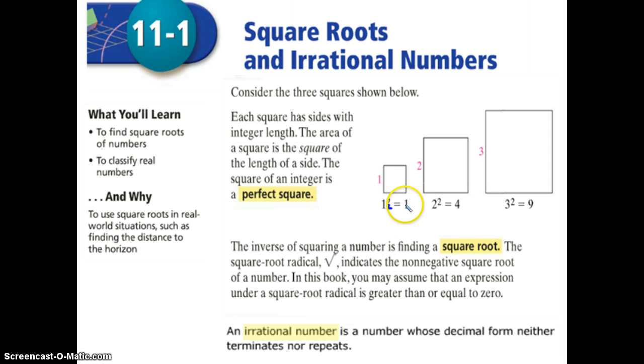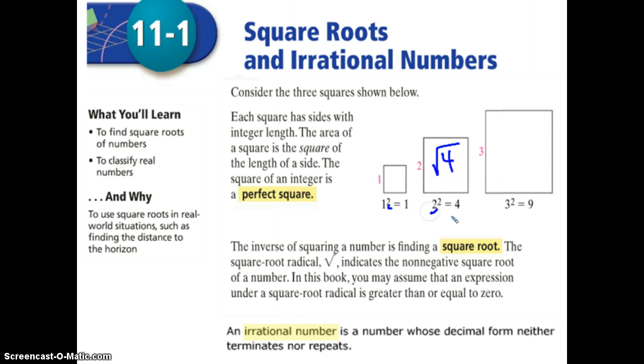1 squared equals 1. 2 squared equals 4. 3 squared equals 9. The square of an integer, which is a whole number that is positive or negative, is a perfect square. The inverse of squaring a number, so the inverse of taking 2 squared, is finding the square root. So for instance, if I take the square root of 4, that means what number times itself equals 4,